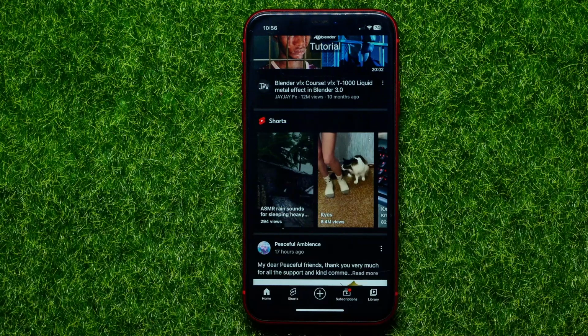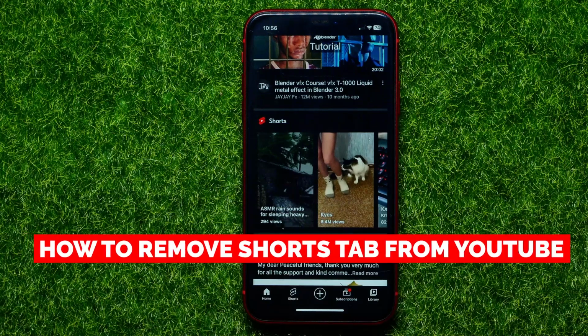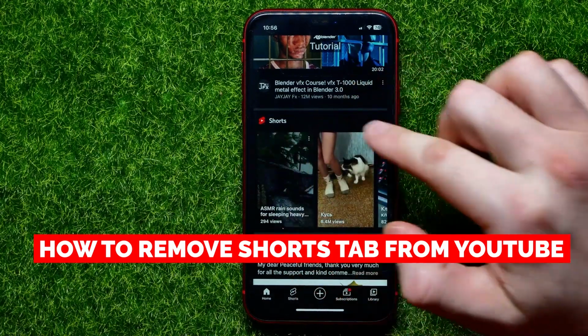Hello guys, welcome back. In this video I'm going to show you how you can easily remove that Shorts shelf